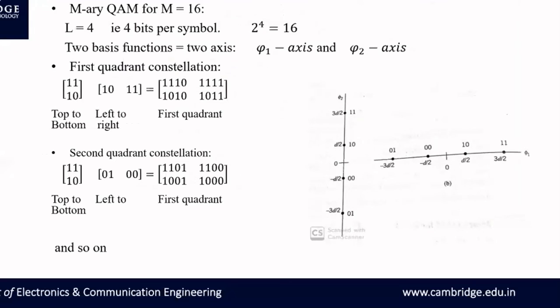Go once again with M equal to 16. 16 symbols are there. Because of 16, L is equal to 4. So every symbol should carry 4 bits. How to allocate 4 bits to every symbol? For that, I use this system. Out of 4 bits, 2 bits are put on the x-axis, 2 bits on the y-axis. Now, using this 2-axis system, you have to develop 16 patterns for 16 symbols, taking 4 bits at a time.